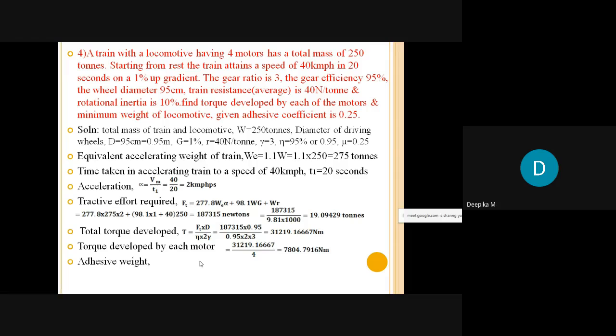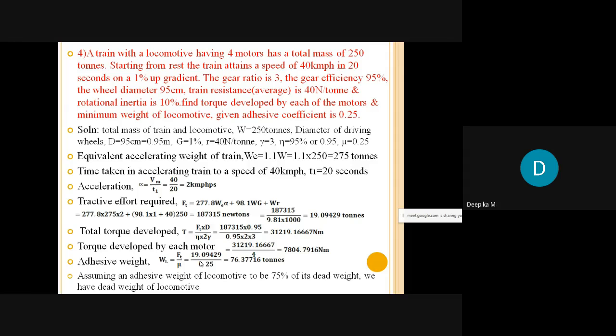So next we have to calculate the minimum weight of the locomotive. So how do we calculate that? Because minimum weight of the locomotive is nothing but the adhesive weight, correct? So we have the formula for the coefficient of adhesion, because coefficient of adhesion is defined as the total tractive effort to slip the wheels divided by adhesive weight. So the adhesive weight or the weight of the locomotive, WL, is equal to FT by mu. Hence we have taken it in this way,